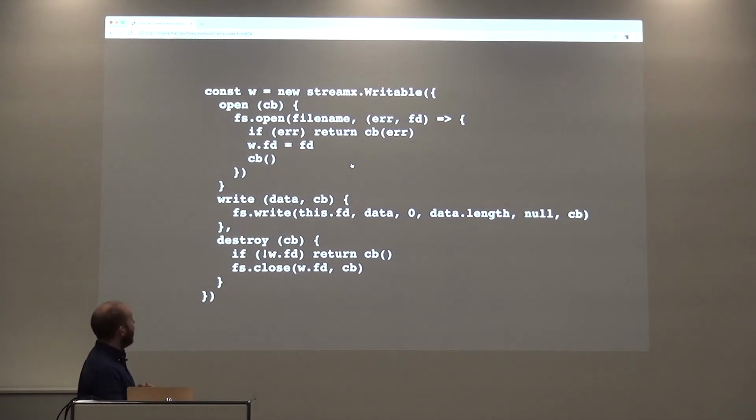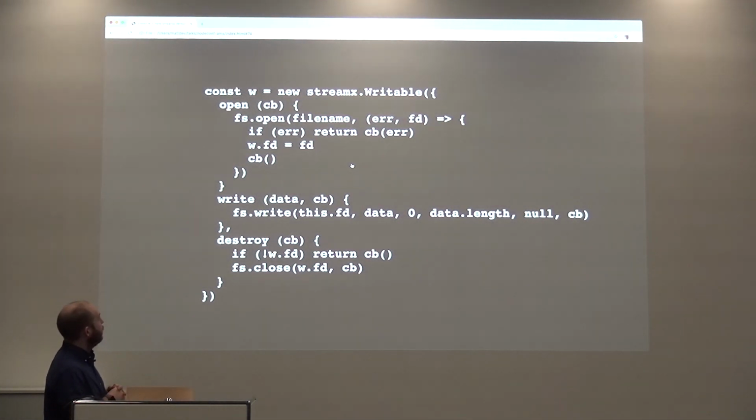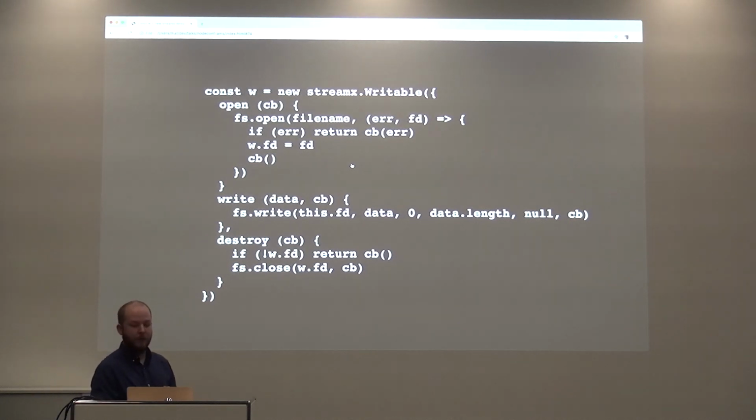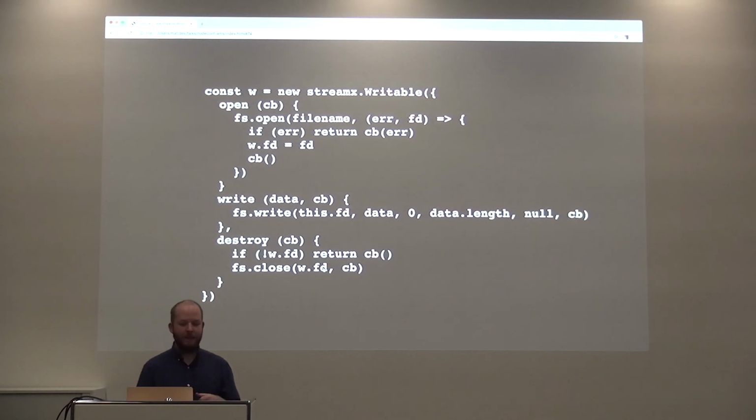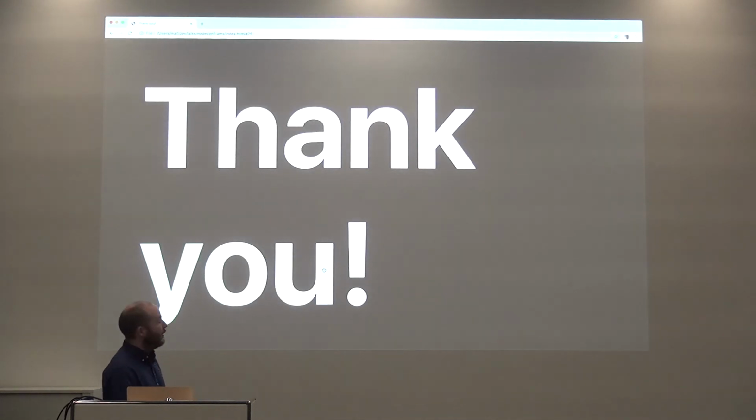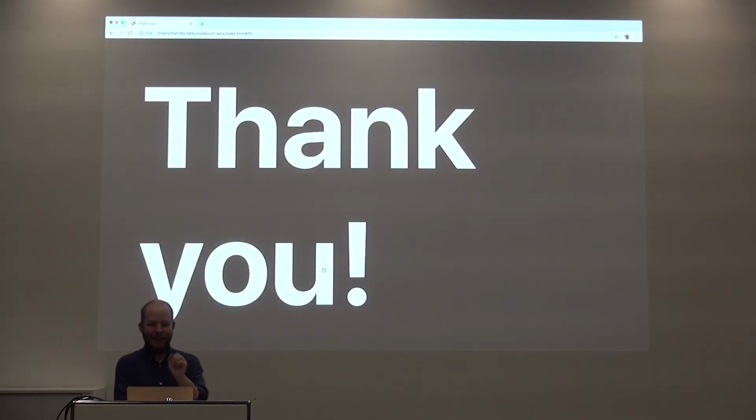So this is how you would write a simple file stream with a streamx stream. You have this very nice open method that's guaranteed to run before anything else, where you could be like, I'm going to open a file descriptor. Then I removed that encoding argument that nobody knew about. So that was kind of nice. You can write data, and then it gives you this little destroy hook where you can actually stop doing stuff. And that's always guaranteed. And it's always guaranteed to emit the close event, that is the last event, stuff like that. That was my talk. Thank you.